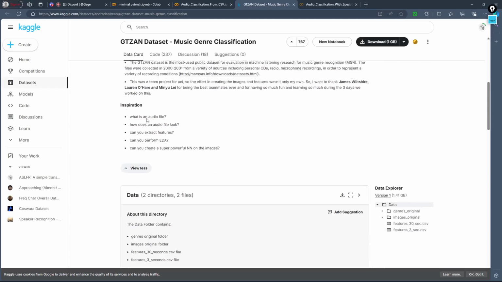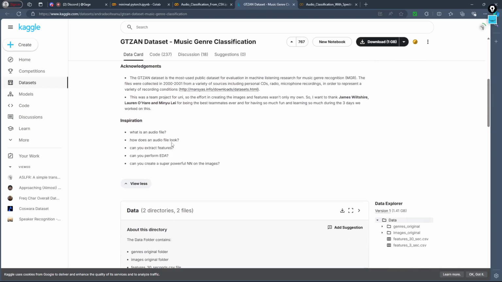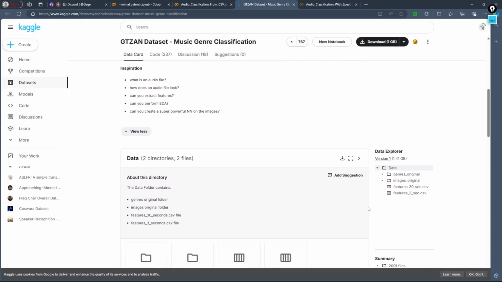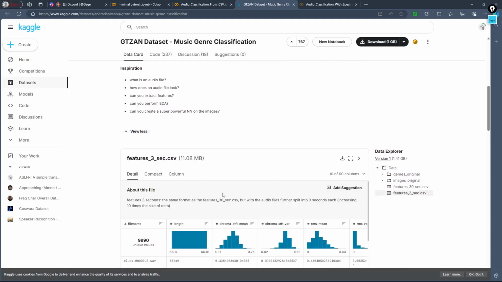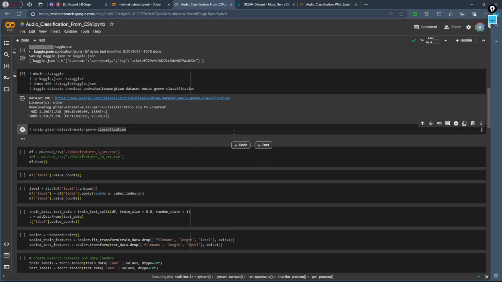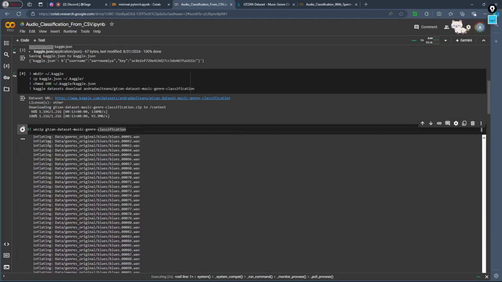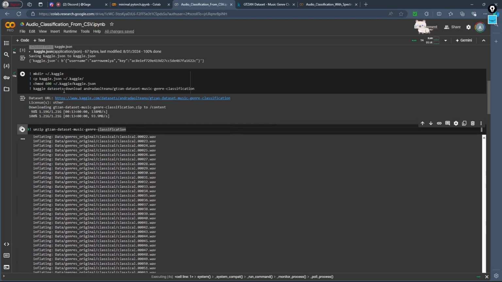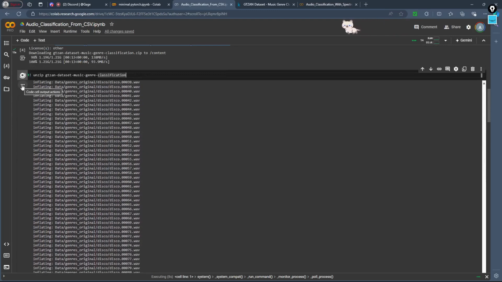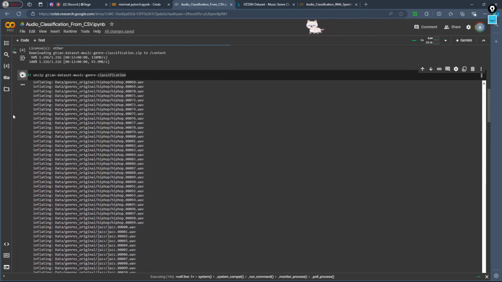And the information in the CSV file, we'll see exactly how that works as we get through the notebook. So there's two versions of this, and it's really awesome. You can see some stats about just the distribution of each feature as you go along. I need to unzip it, which also takes a minute because you can only upload one file. It gives you a zip file, and then it needs to unzip the zip folder. So we're gonna let this run,